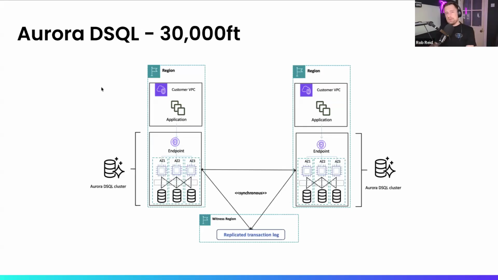It also uses optimistic concurrency control. AWS have been using OCC as a selling point for the database. That differs from the pessimistic control that CockroachDB employs, and we'll discuss those differences at the end. And finally, it replicates data synchronously across regions, which is different from the asynchronous replication between primary and secondary regions in previous databases.